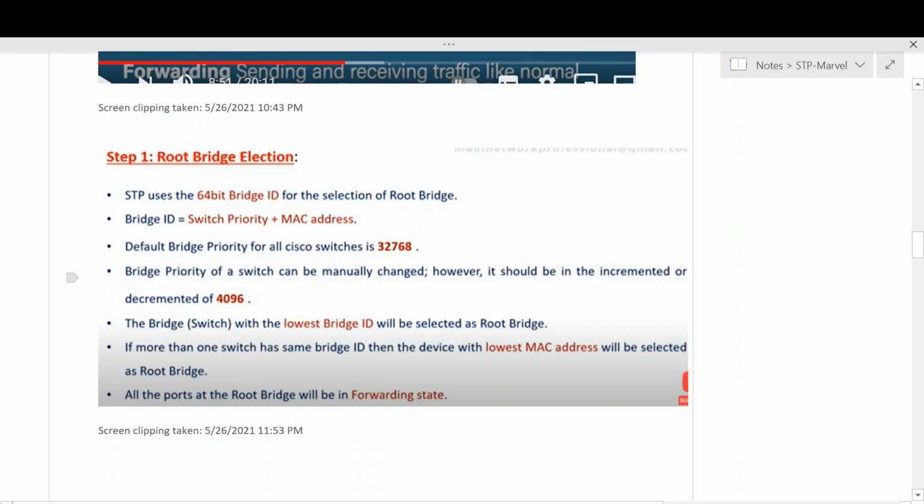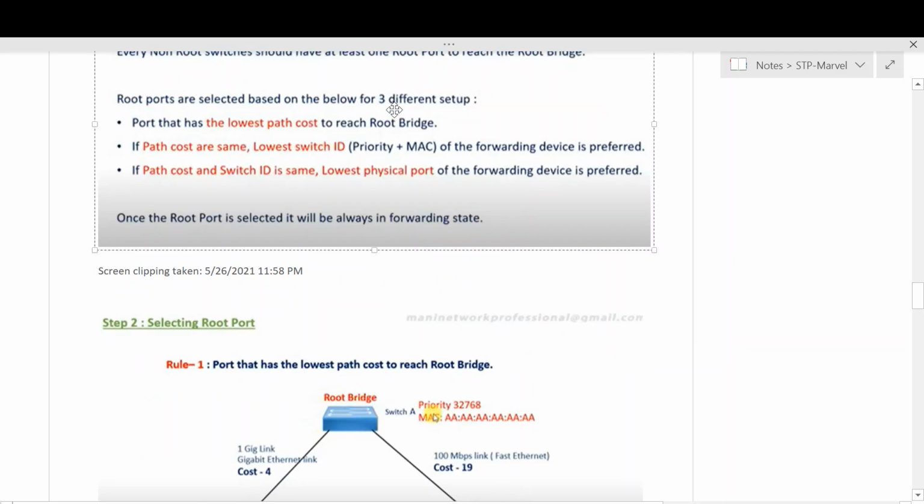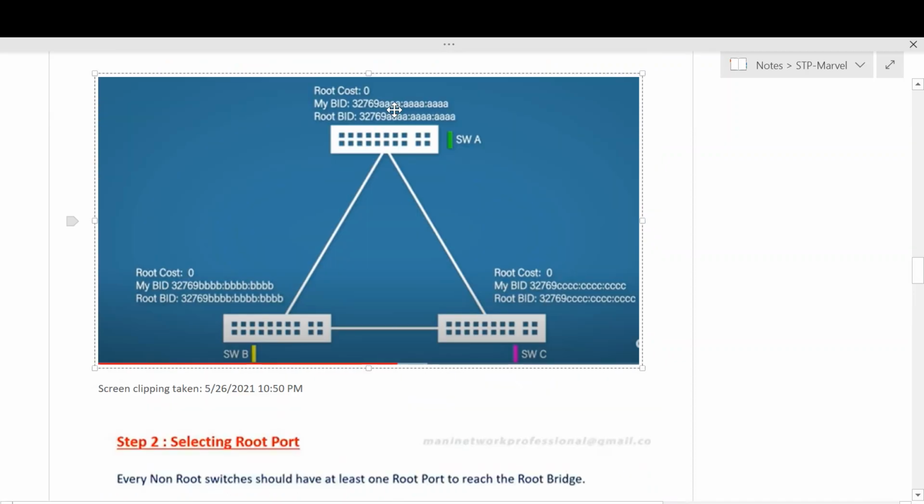If the bridge ID is the same, the lowest MAC address wins; how this works we will see in the coming sessions. So you see this is a bridge ID. The first part contains the priority, and the second part is the MAC address. So, selecting the root bridge, this is the algorithm.